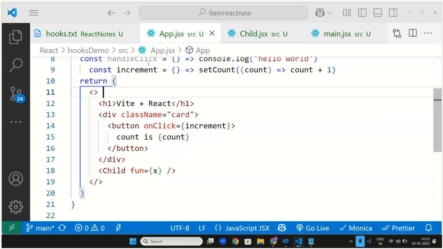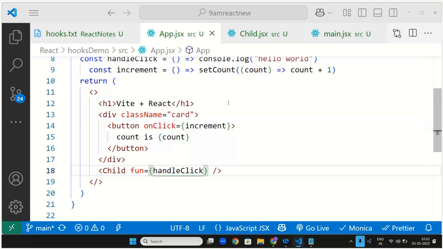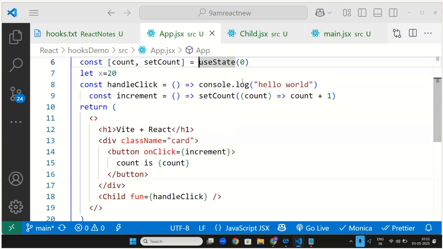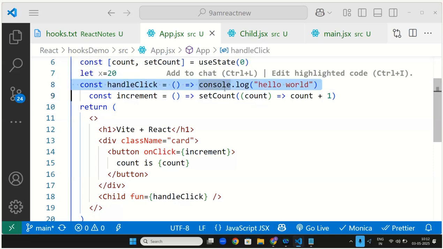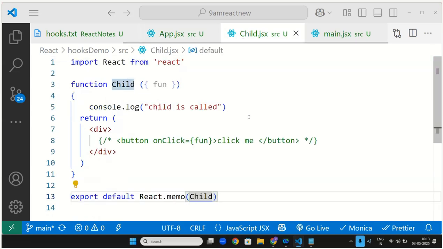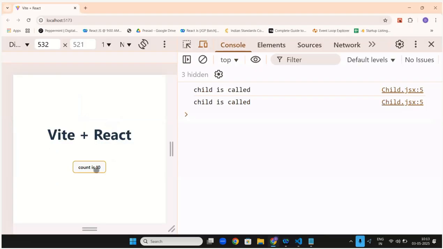Now interesting point, sir. I'm passing handle click. Everyone see what is handle click? Console.log. Is it constant or different value, sir? Every time it's constant only, na? Right or not? Now I go to the child. I take the function. I will put the function here. Now I'm calling it. Every time you see,